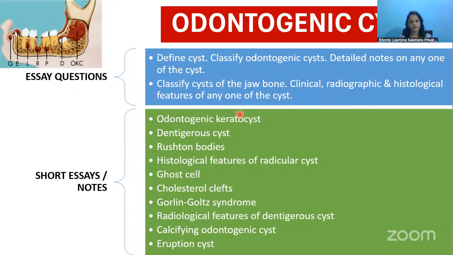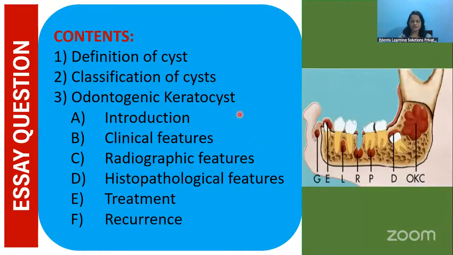First we will go to the essay question. In the essay question, like I mentioned in the previous salivary gland session also, always write contents for the essay question. In the contents, give a brief about what you are going to include in that essay. Just write it point-wise, like the definition. If they ask about the definition, then include the first point as definition, then the